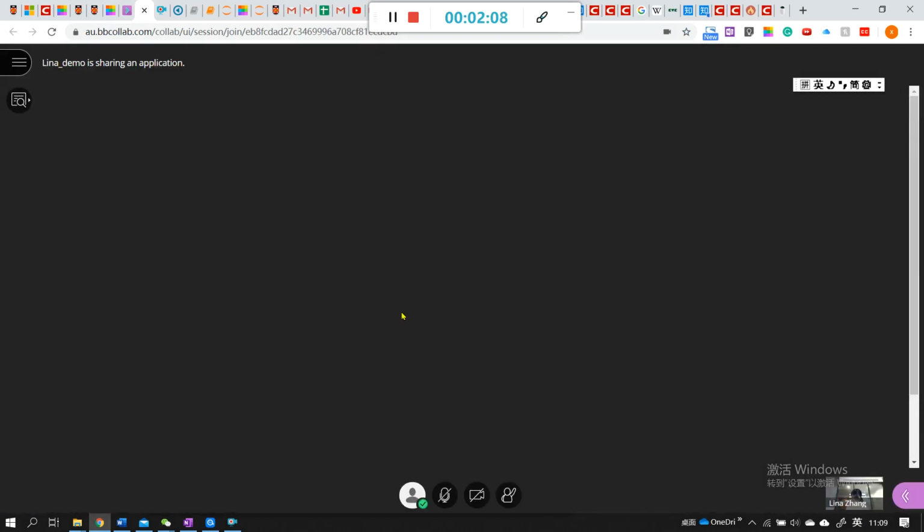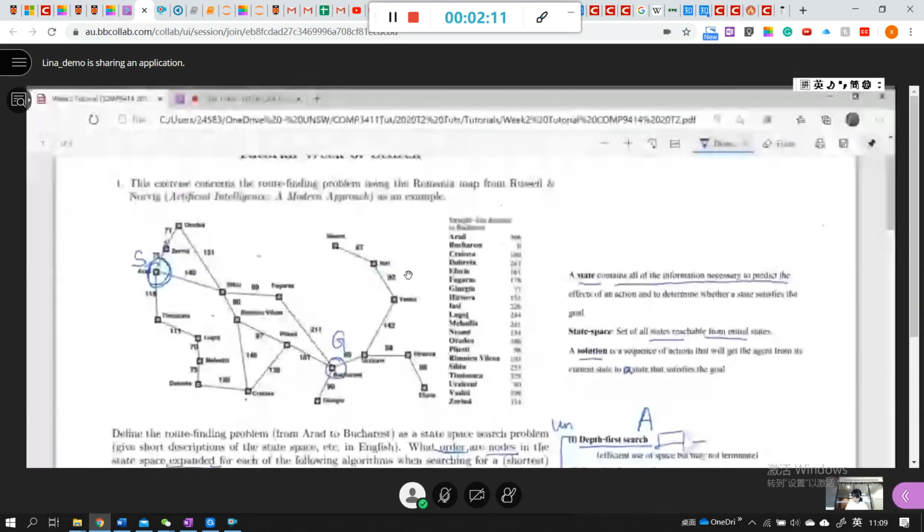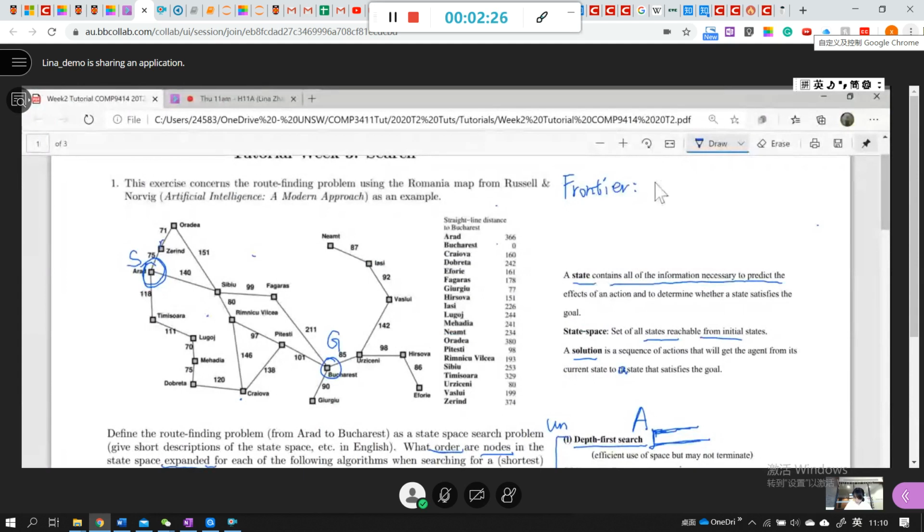Here we can use a stack to store nodes in the frontier. So what does a frontier mean? Frontier means the nodes we have seen but unexplored, not explored. And each time we take one node off the frontier and add its neighbors to the frontier. So for the depth first search, we have